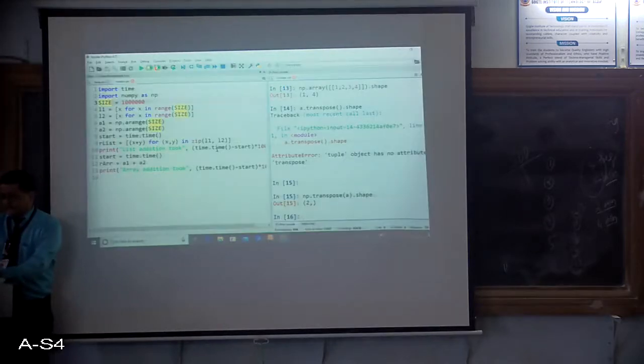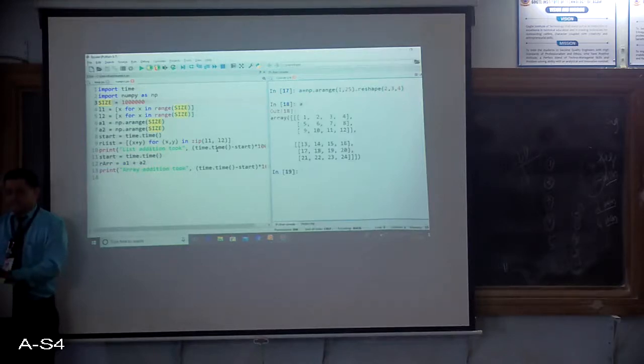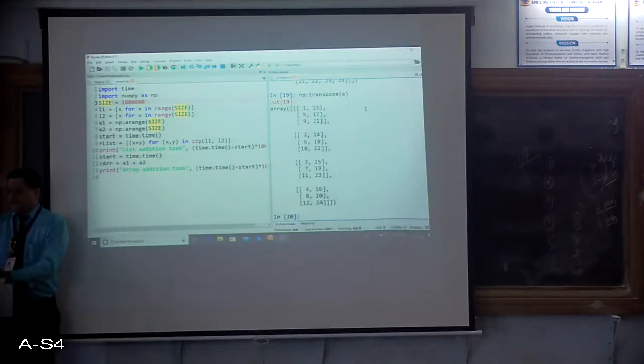That is, if I say a equal to np.arange 1, 25, reshape it as 2, 3, 4, a is this. np.transpose of a will give me a 4 by 3 by 2